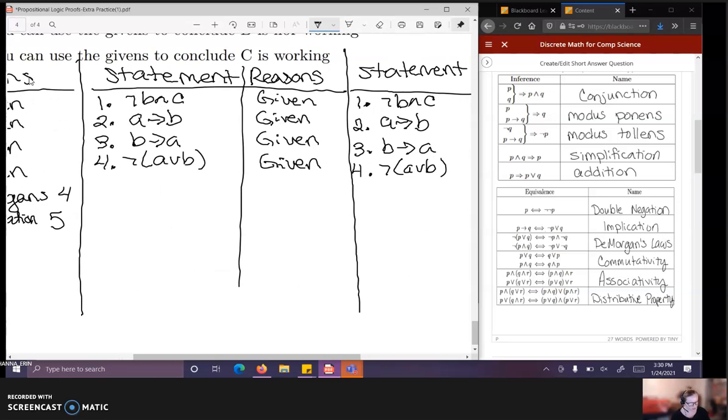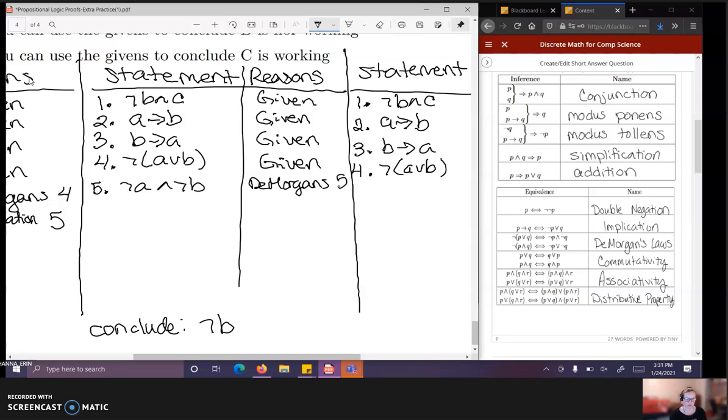But if we move on to the next one, we wanted to conclude not B. Now I want to try to get a not B out of this, so actually all 4 of those are very fair game and all possible because they all have a B in it. Now there's possibly a few other ways you could do this, but if you notice that we got a not B by De Morgan's last time, so if we go the same way and use De Morgan's law on line 4,